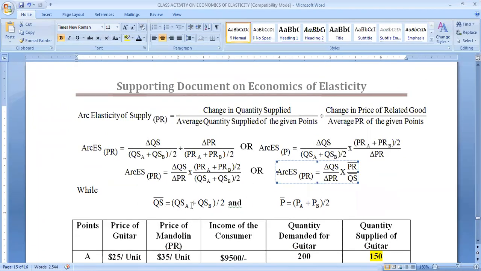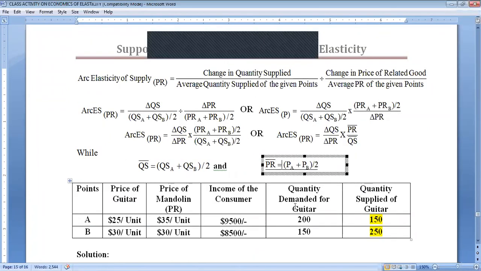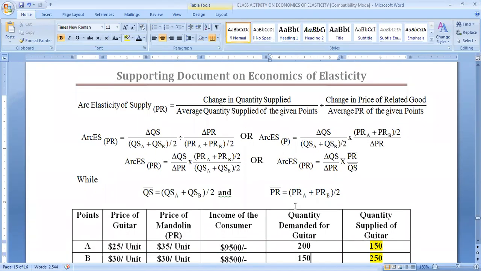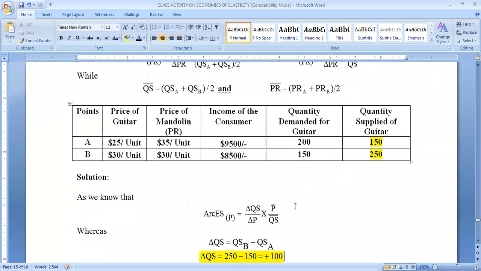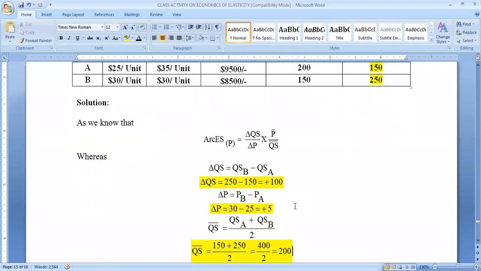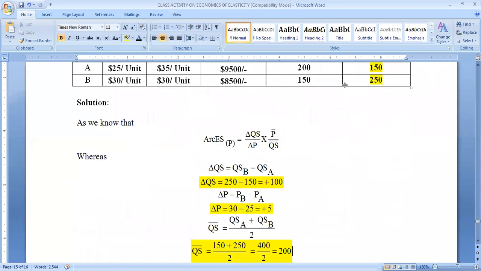While QS bar equals QS at point A plus QS at point B divided by 2, and PR bar equals PR at point A plus PR at point B, and the sum should be divided by 2. The table is given with us. Let's start finding the answer. As we know that the formula for